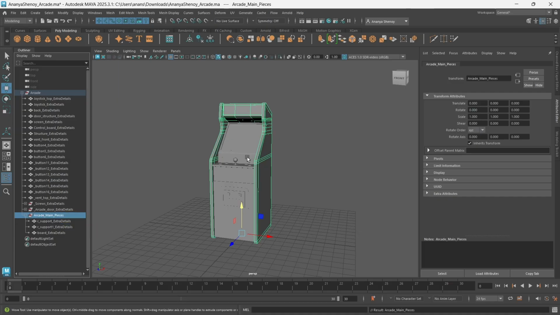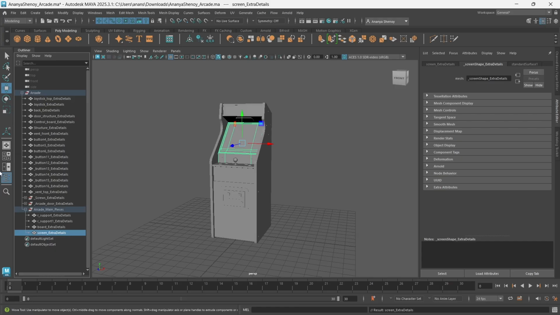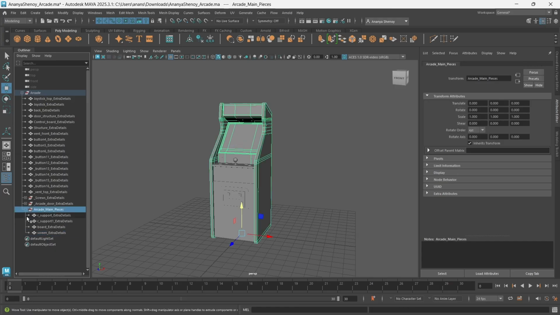If you realize that, oh, I want to include this monitor inside arcade main pieces as well, you can select this, middle mouse click and drag. You'll see that it's highlighting certain parts, but once you get to arcade main pieces, just let go of your middle mouse key and you can drop that screen inside this group as well. So organize this as you see fit.